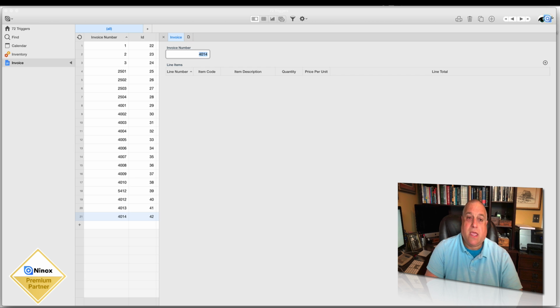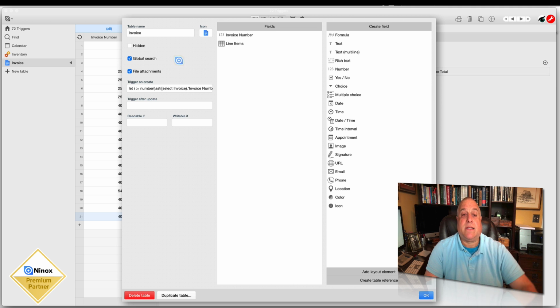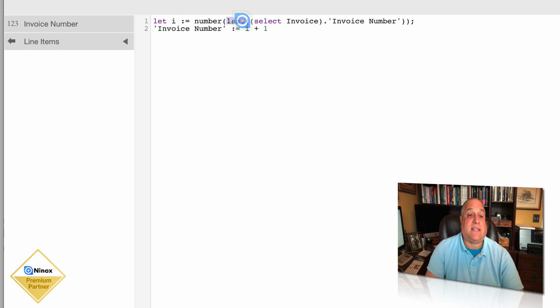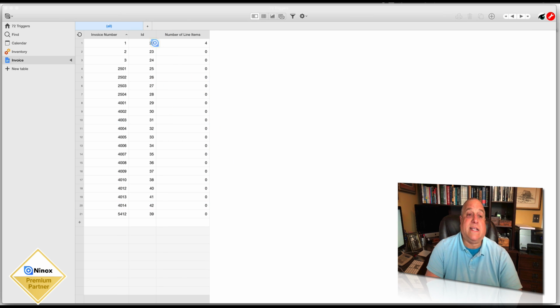To get around this problem, we are going to go into administrative mode, go into the table management window, and replace the number of the last record with the maximum, the highest number in the entire table, irrespective of what record it is. Now, when we look at this table, we see these records are being listed in sequence. According to this sequence, in ascending order by record ID number, the number of the last invoice created is 4014. But the invoice with the highest invoice number was created 3 records prior to that, and that invoice is numbered